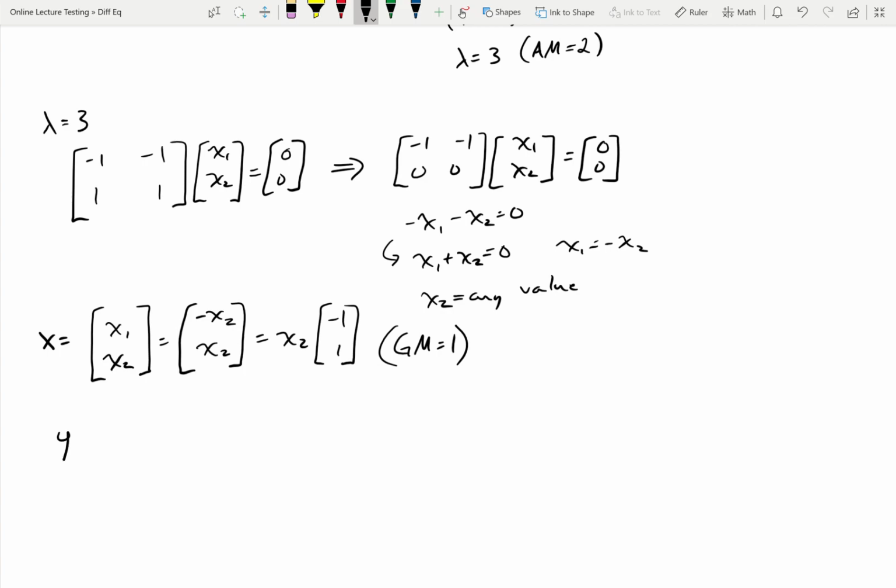So y1 of t, we know, is e to the 3t, because of our lambda, times negative 1, 1. Here, for our convenience, using negative 1, 1 is the easiest one. I could use negative 2, 2. Any constant multiple will work for that. So this is the easiest straightforward one that I can do, except for x2 equal to 0. All right. So now we need to find